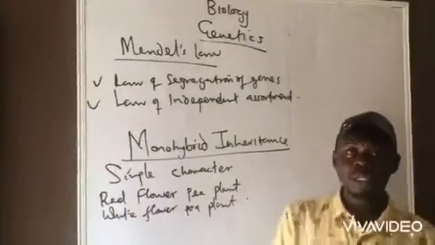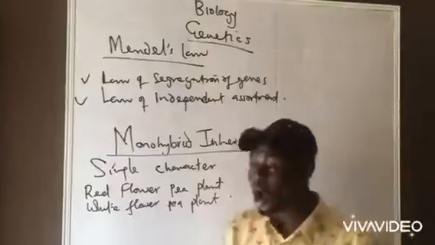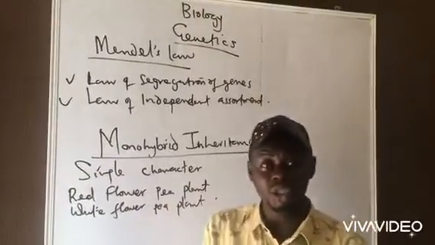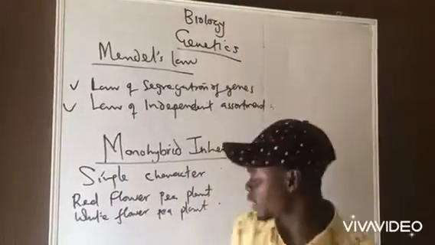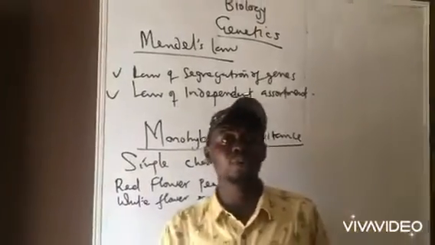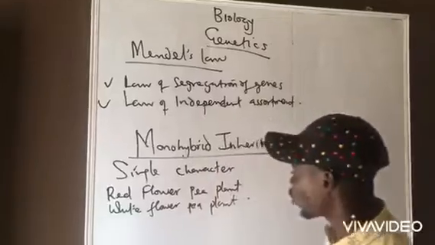In that F2, he actually crossed the offsprings of F1 generation. That is, all the red flower produced in the F1 generation was self-crossed with each other. At the end of the day, he discovered that in the F2 generation, 3 out of 4 offsprings produced red flower, while 1 out of 4 offspring produced white flower. So Mendel's experiment discovered that the parent